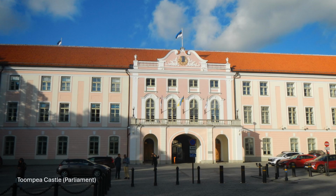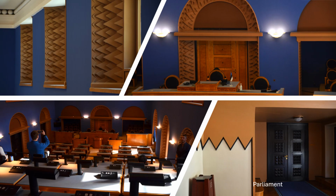The Pink Palace is Toompea Castle. Today it's the Estonian Parliament building and flies the blue, black, and white Estonian flag. We took a free 1-hour English guided tour of the Parliament building, which was really quite informative. You'll notice the recurring theme of triangles in the design. It reminds the parliamentarians that every issue has several facets, and it is here where contradicting positions are discussed, debated,